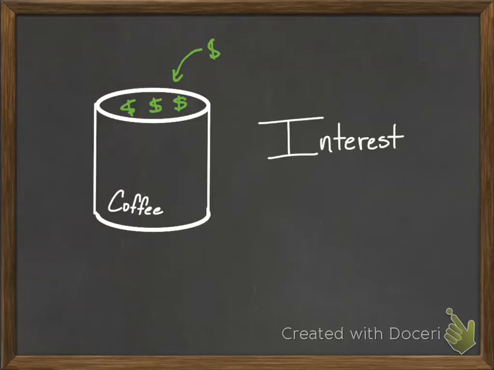Okay, since we're in the financial unit, we're going to now talk about interest and earning interest on the money that you have. So you can do stuff with your money. You could put it in a coffee can, like in my nice, neat drawing here. But if you put it in your coffee can, you know where it is, and you know your money is there, but it's not making any money just by itself. So if you want to make money on your money, you have to put it in a bank or some kind of financial institution, and you want to earn interest on that money.